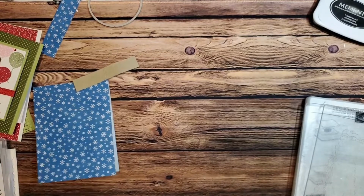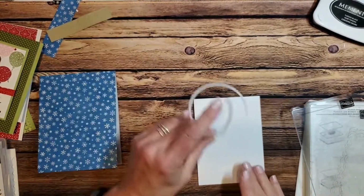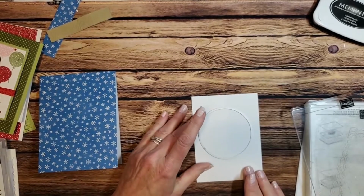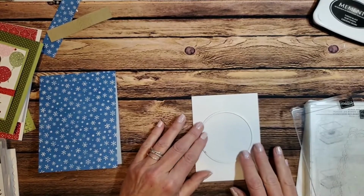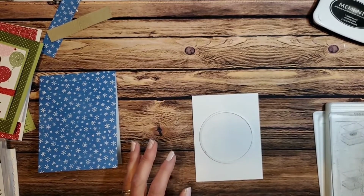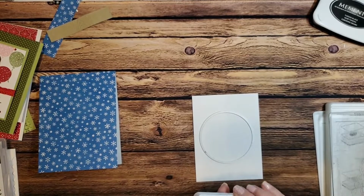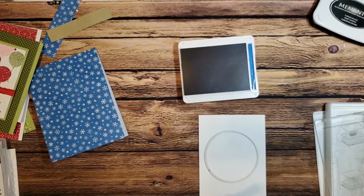I'm going to take this 3 3/4 by 5 inch piece, and we are going to die cut a circle right in there. And I want to make sure that I don't go too high, but I'm not too low. So we'll do that. Before we actually run that through the die cut machine, I'm going to take my Pacific Point, and in the stamp set that we have here, we have a sentiment that says,